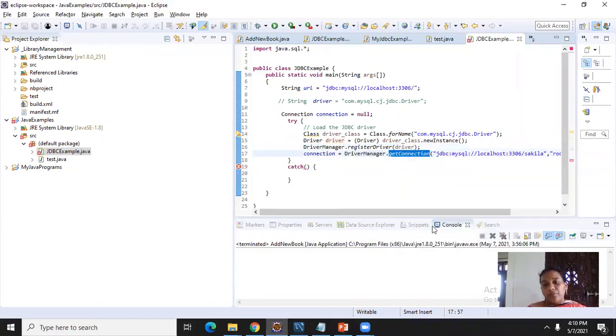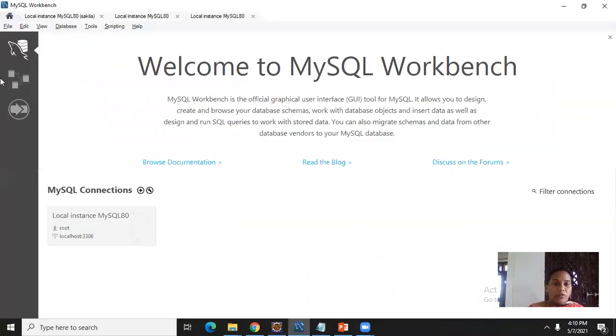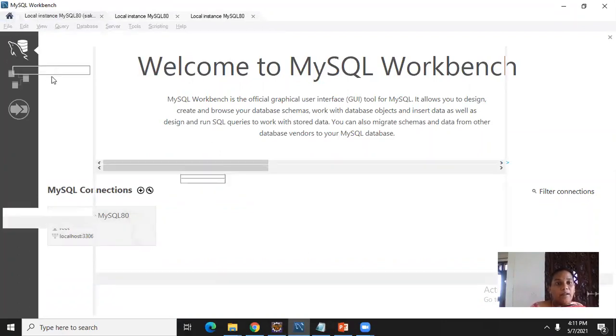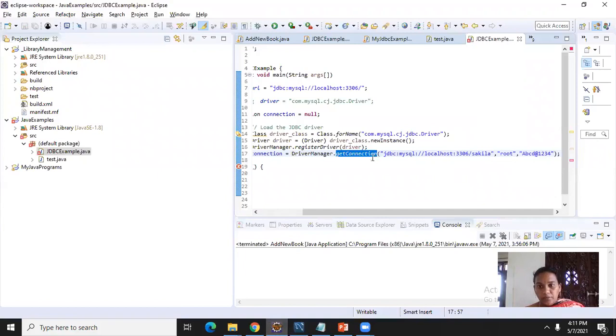getConnection takes the syntax of the URL, the complete URL of the database where it is stored. Already I showed here under home, local instance, MySQL 80, the port is localhost 3306, the username is root, and I am using the database name Sakila. All that I am writing here.